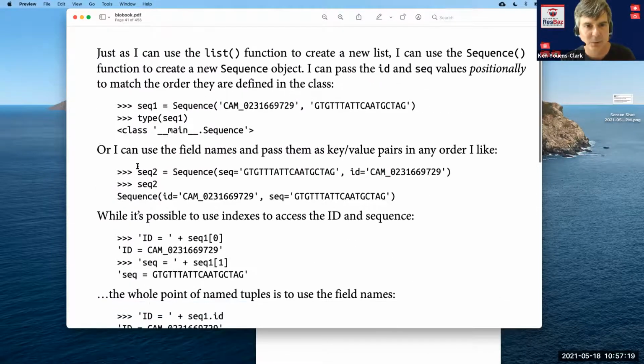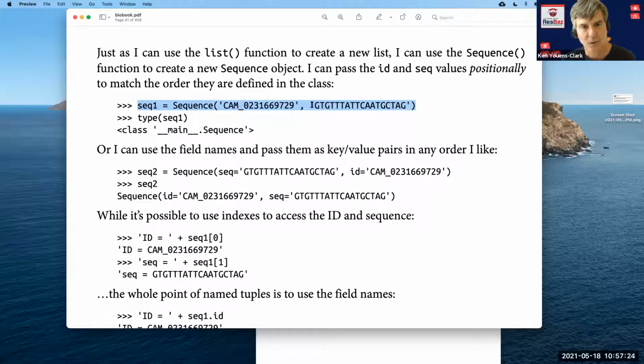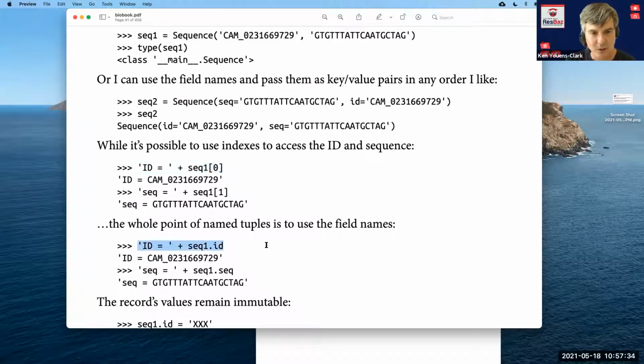And the point of being able to use it is that in code, I can start to write this now, where I have this sequence one with these values. And this is how I could reference the fields by their positions, but that's really ugly. It's a lot nicer to be able to talk about sequence.id. And if you come from R, this is something that I will never forgive R for, is that they allowed the dot to be used just as part of a variable name. It's such an important piece of punctuation. I can't believe they let it go.